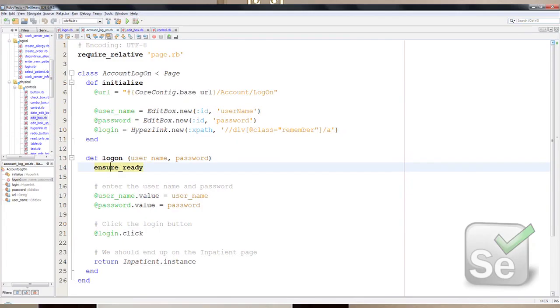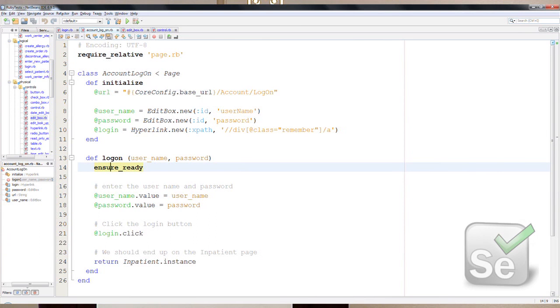Now that page object looks like this. In the initialize method, which is called as soon as this page is instantiated, we set the URL that we expect for that page to have. And then we say, hey, you should have all these control objects. There should be an edit box that you find with this ID. It's a username. You should have another edit box with an ID of password. Oh, and there should be this hyperlink that's styled to look like a button. Here's the XPath to find it. That's one of the places where I need to talk to my developers and actually get an ID put in for that. And so it's created all these control objects, and it's just sitting there waiting. It hasn't done anything other than its initialization. But when this logon method is called,